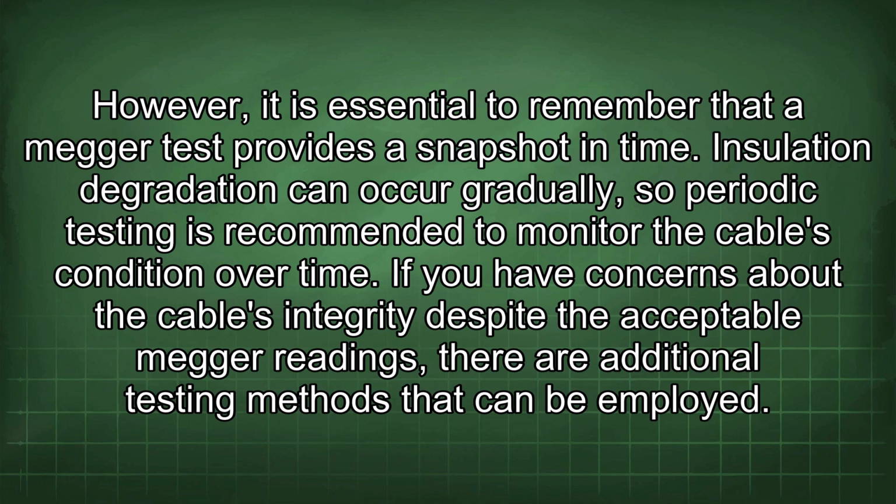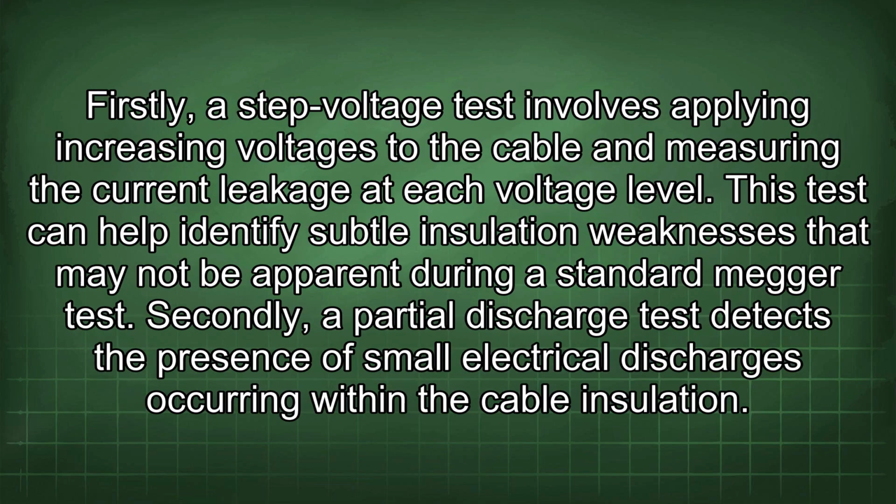However, it is essential to remember that a Megger test provides a snapshot in time. Insulation degradation can occur gradually, so periodic testing is recommended to monitor the cable's condition over time. If you have concerns about the cable's integrity despite the acceptable Megger readings, there are additional testing methods that can be employed. Firstly, a step voltage test involves applying increasing voltages to the cable and measuring the current leakage at